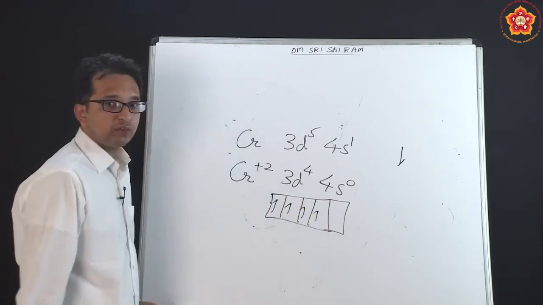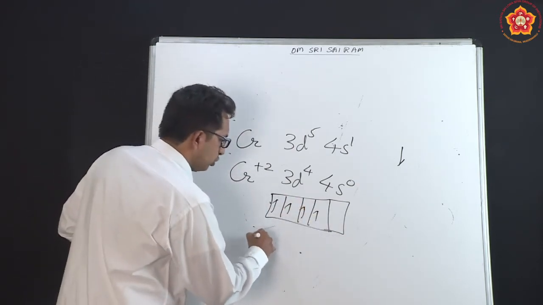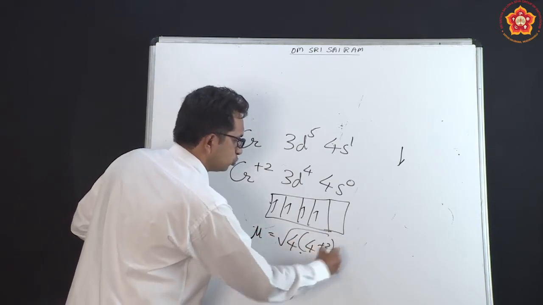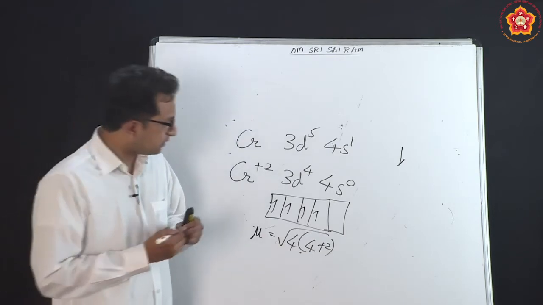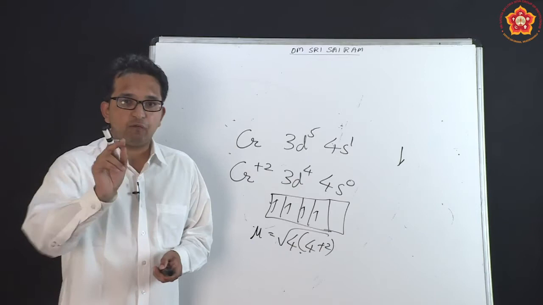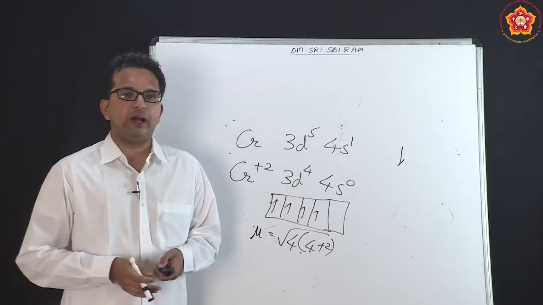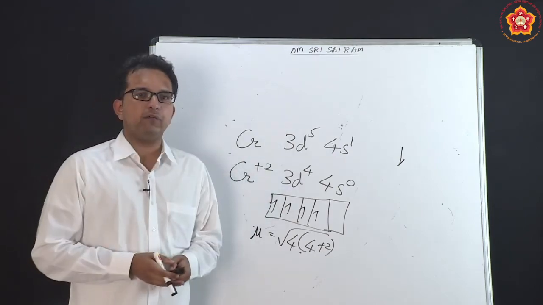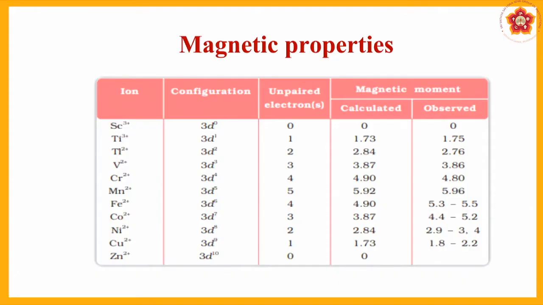So, what is the value of n here? The n value is going to be taken as 4, so the formula is the square root of 4 into 4 plus 2. When you see that table, this is the n value that they have considered, and with that n value, the final calculated value has been obtained. This is how the entire table gives you a cohesive idea of all the compounds. You are able to see that in the Cr +2 state, the configuration is 3d4 and 4 unpaired